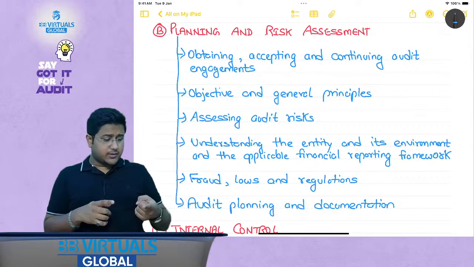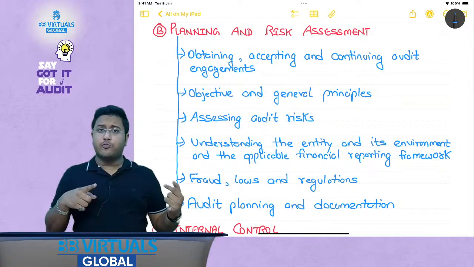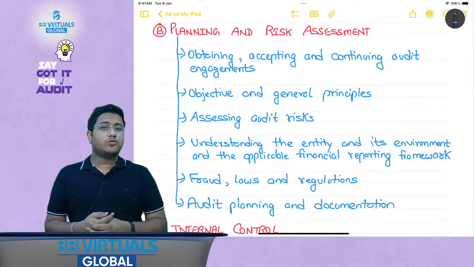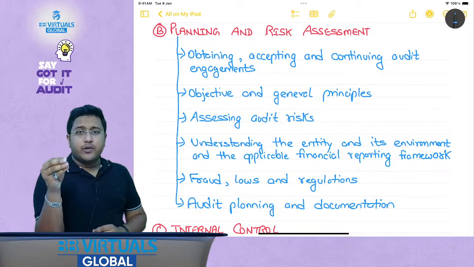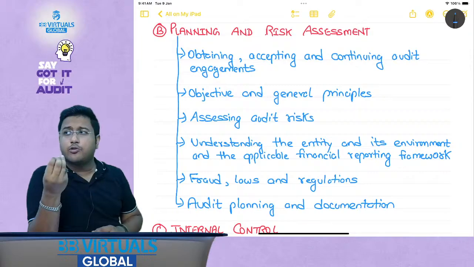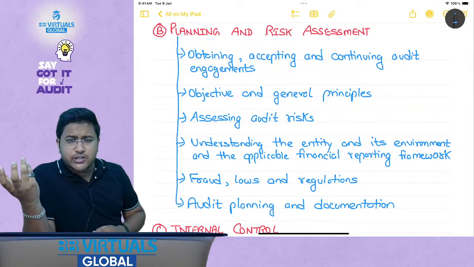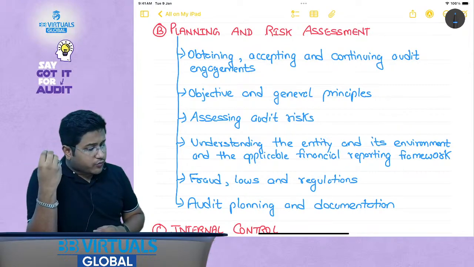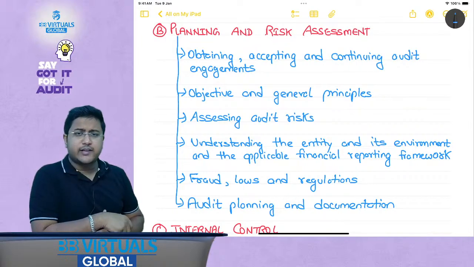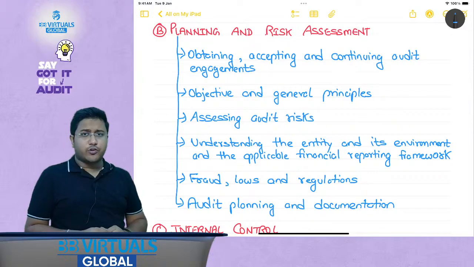Here we'll have to discuss what is the risk, what is the risk assessment, whether you have to perform the test of controls, what is the quantum of the test of details, substantive procedures. We'll have to discuss all of that. So ultimately we will have to decide the processes here on how we want to conduct the audit, what kind of people we need in the audit, will we need any external consultations, if yes, what kind of consultations, what kind of assessments we need to do during those consultations, and finally we'll have to check whether we will be able to obtain reasonable assurance or not.